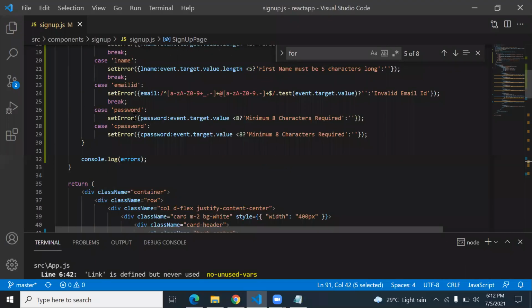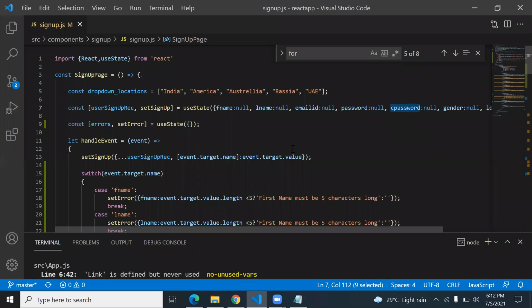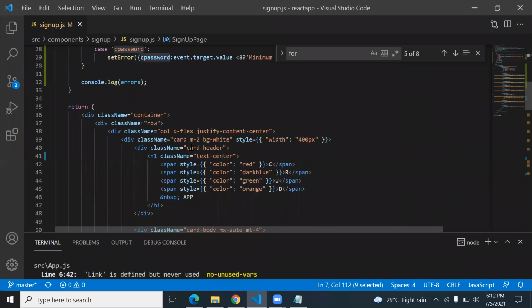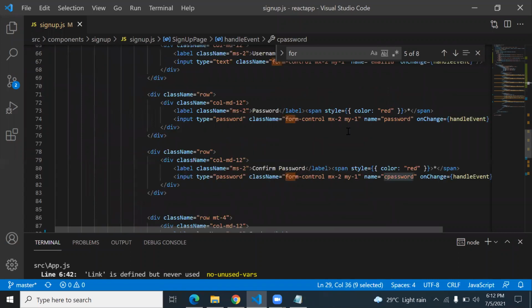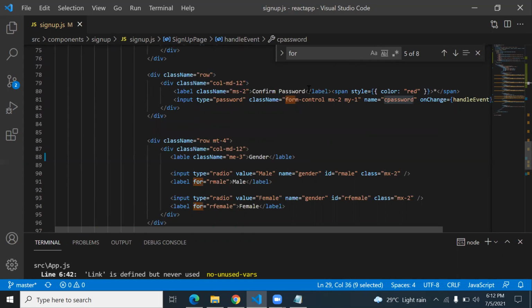Go up, password, C password. Here you check what the password is. It is C password. Okay, so C password event.target.value. And here in the form control, the confirm password name is C password.